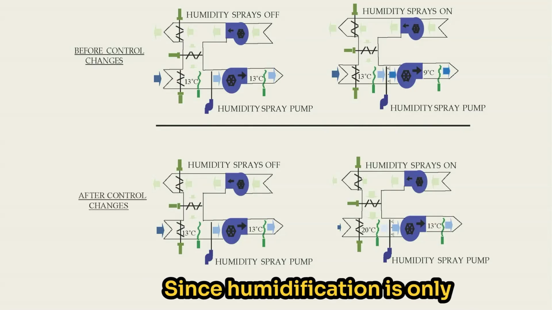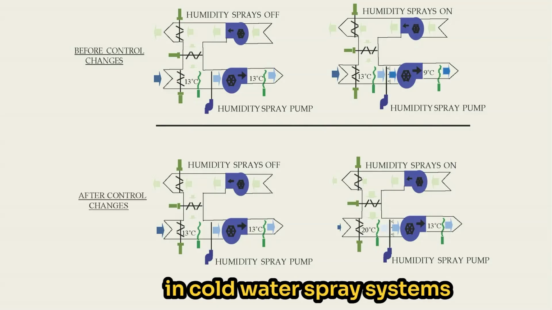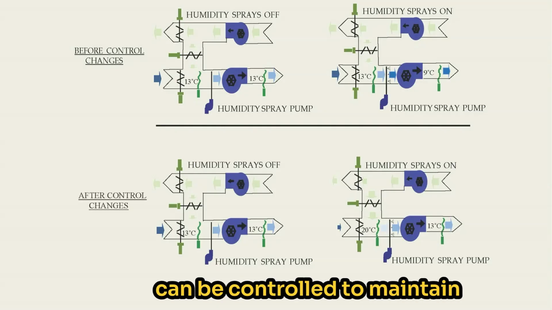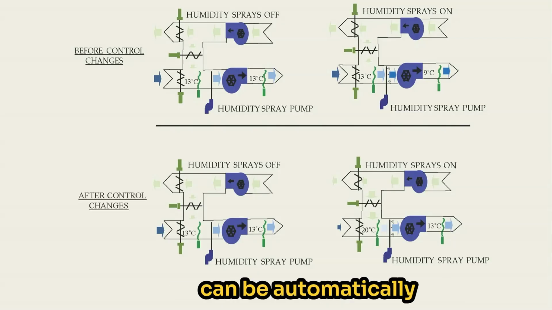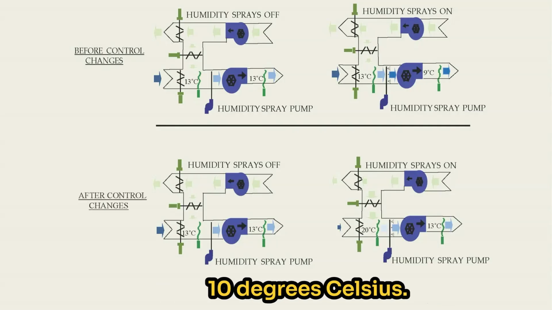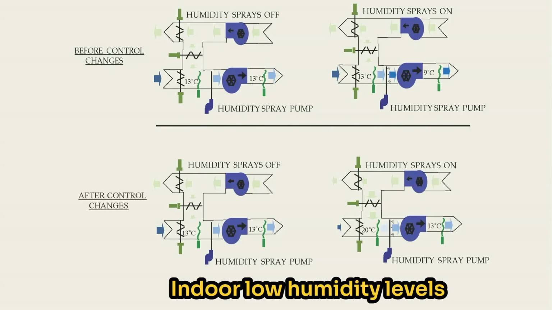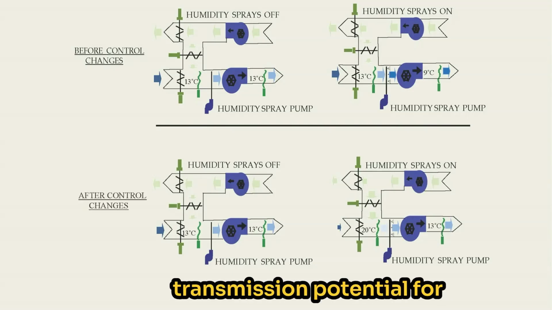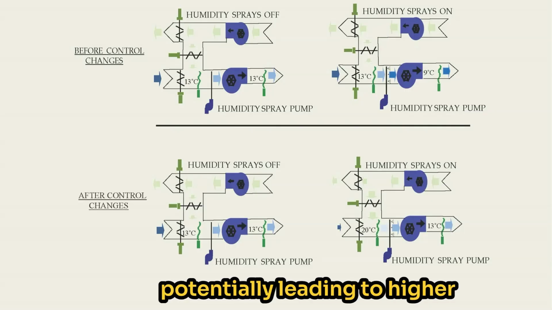Since humidification is only required during the winter, sump water temperatures in cold water spray systems can be controlled to maintain well below this threshold. In addition, systems can be automatically deactivated and drained when outdoor temperatures rise above approximately 10 degrees Celsius. Eliminating humidification altogether can have unintended consequences. Indoor low humidity levels are known to increase the transmission potential for airborne bacteria and viruses, potentially leading to higher